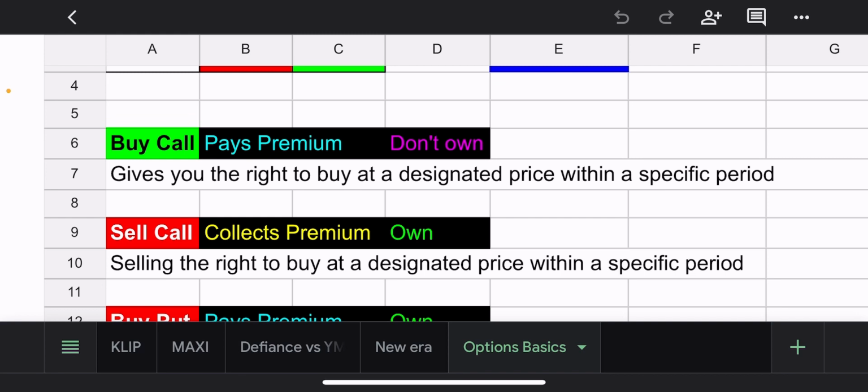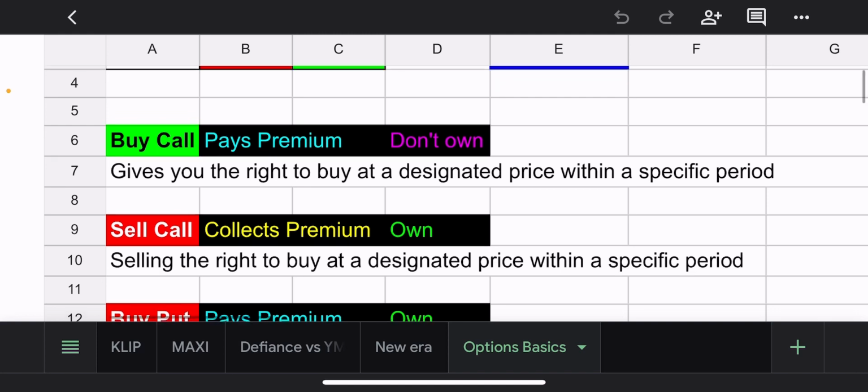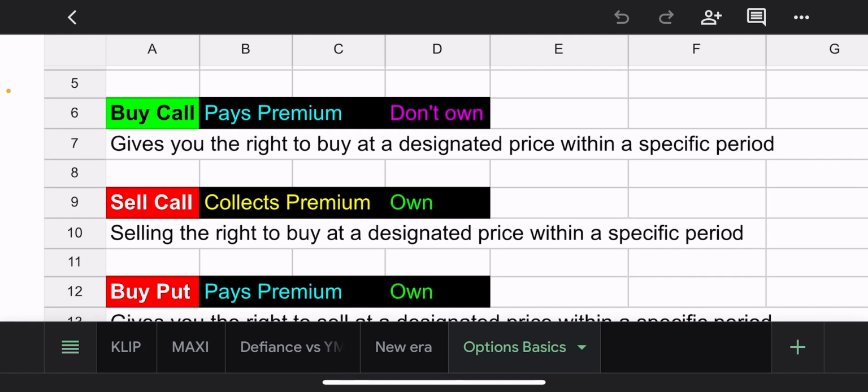Pay up. So you're buying a call, like we said, 230 was the example. So as the seller, I'm willing to sell Tesla at 230 within 6 months. And in return for doing that, taking that risk, quote unquote risk, I'm collecting premium. I am making income. Because in green, as you can see, I own the shares, right?